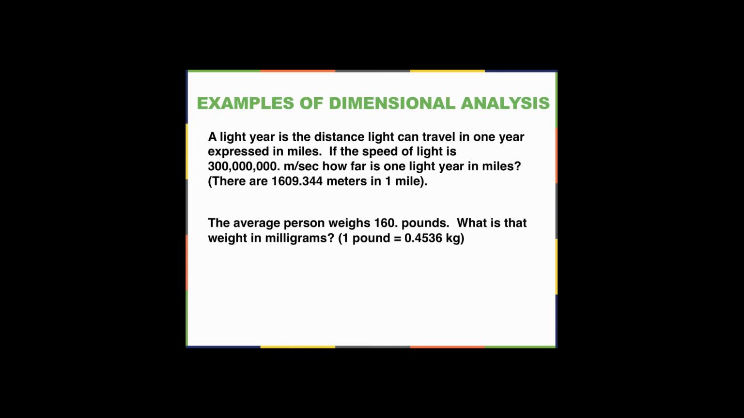It says a light year is the distance that light can travel in 1 year expressed in miles. If the speed of light is 300 million meters per second, how far is 1 light year in miles? Okay, so how far can light travel in 1 year in miles? And so we're going to use dimensional analysis to convert this, and I've given you the 1 number that you have to know in order to do this,